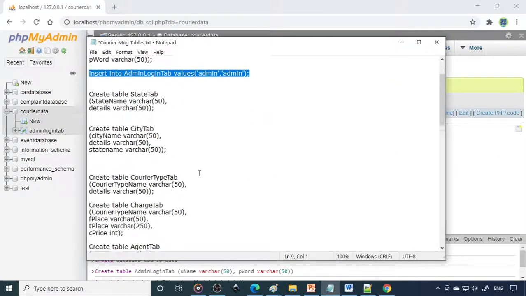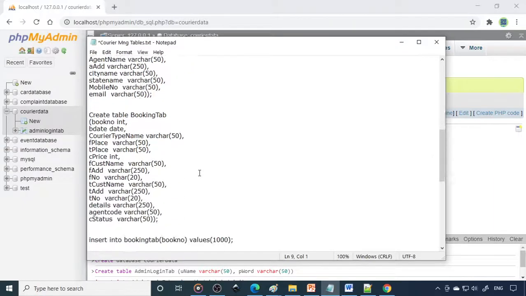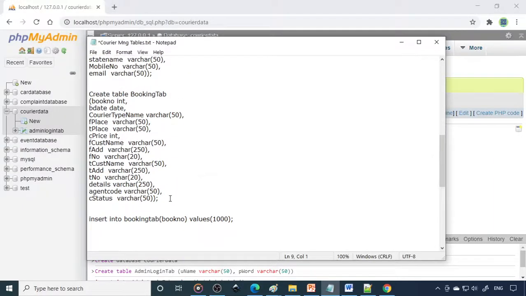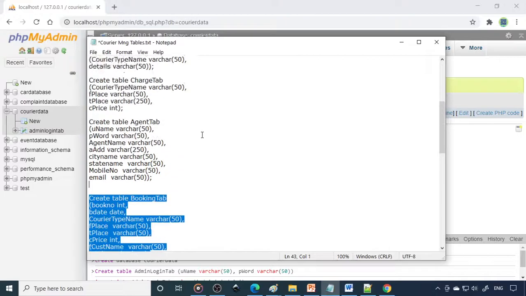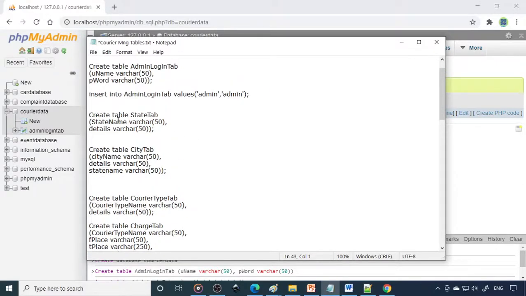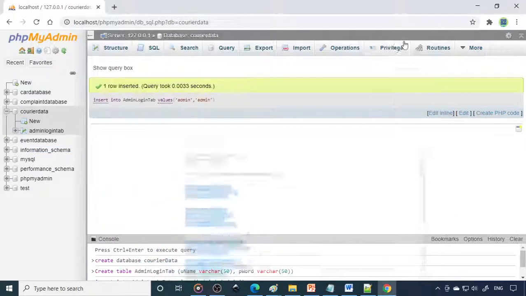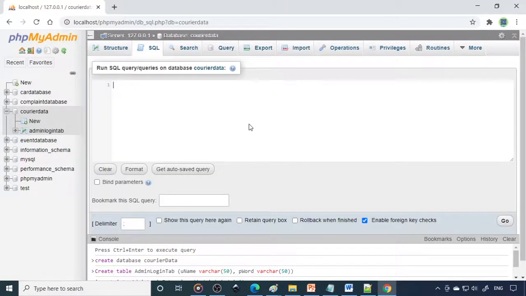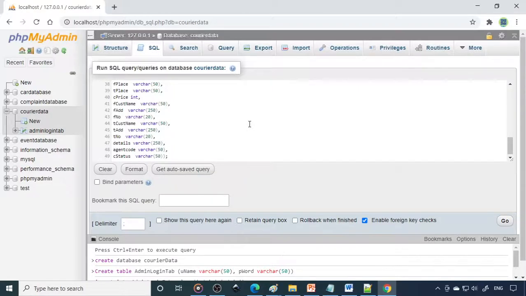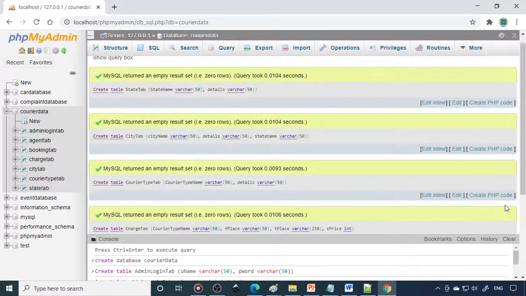Now what we'll do is, instead of creating one by one, we can create all this at one single stretch. Right. So in order to create everything in a single stretch, we can copy everything. You can see that there are other 6 tables. We'll copy them. So then go to SQL, paste here. Okay, 6 tables. The last one is a big one.